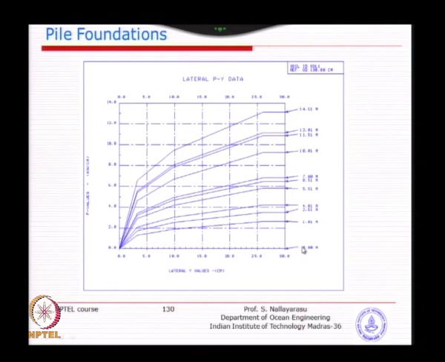So, near the surface, the numbers indicated on the right hand side are the depth at which this relationship is derived. The deeper you go, for sure you are going to get a better capacity, because the soil disturbance itself is very less and the strength itself is higher. You can see for a similar displacement, if you go to the last one at 14.51 meter, the strength value is almost 10 kilonewton per centimeter. So, as you go down, you will get a better idea.